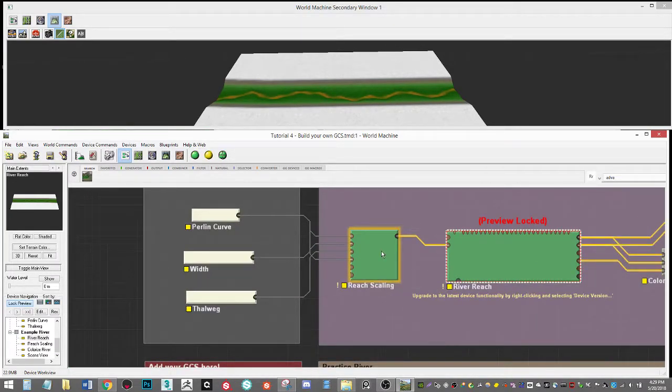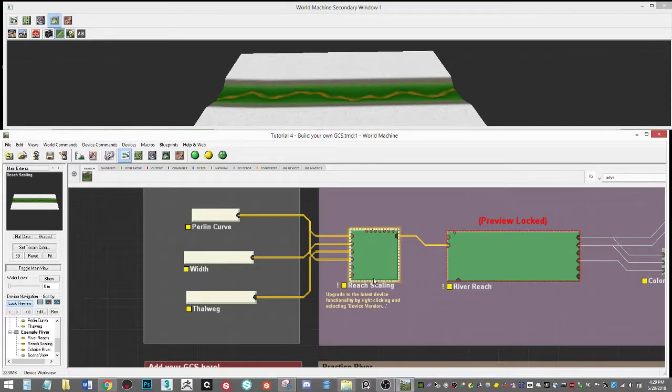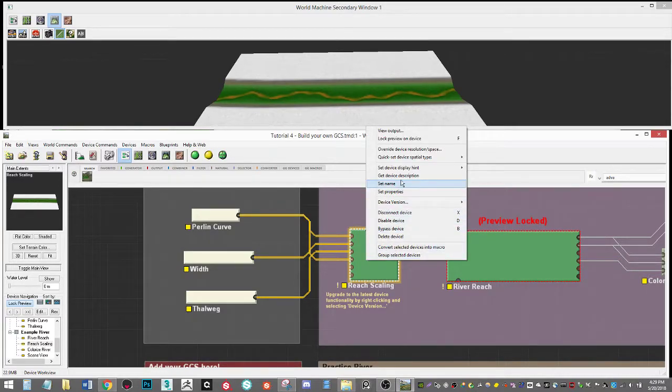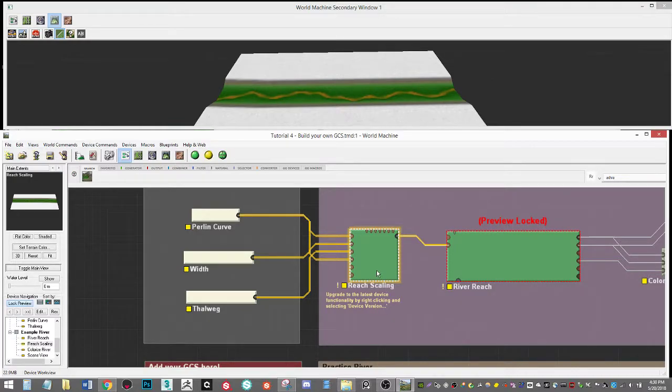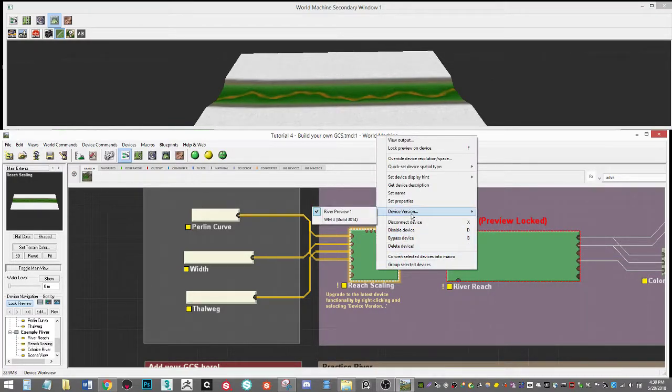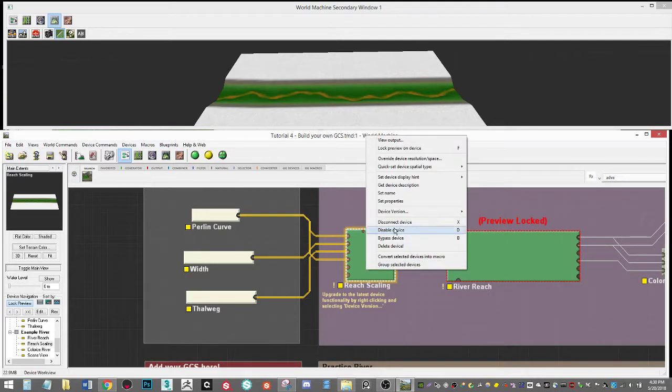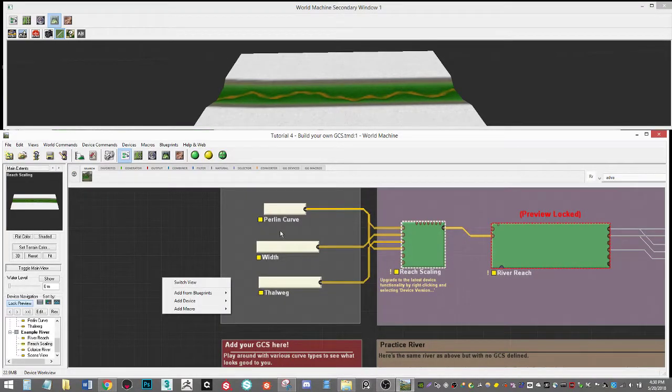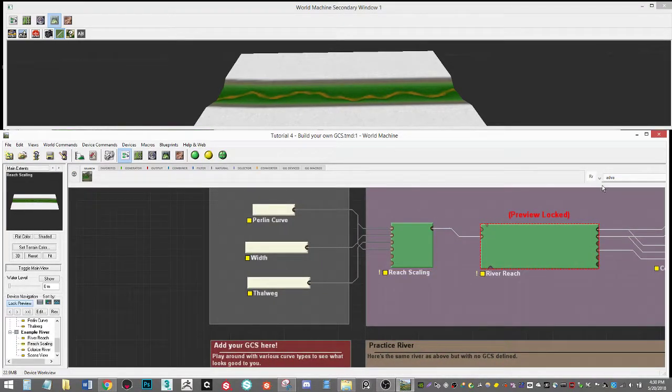Cool, so now for the rescaling, there are a couple parameters as well. One thing you should note is that when you click on it, it says here, upgrade to the latest device functionality by right-clicking, select device version. Now these are very experimental. They're still in sort of development. Maybe it's because the version of World Machine that I have gives me so many issues, so many bugs. So to change it, you just right click device version and go to the first one, because by default,